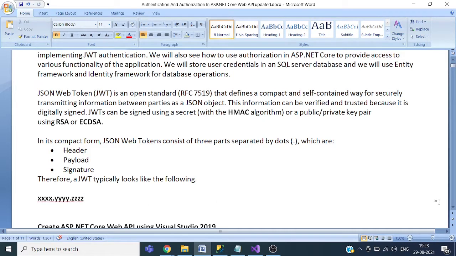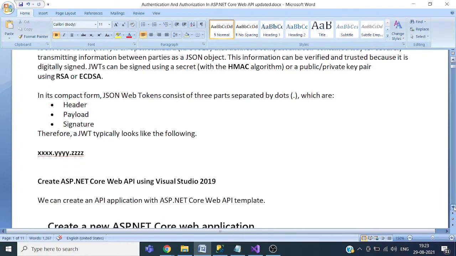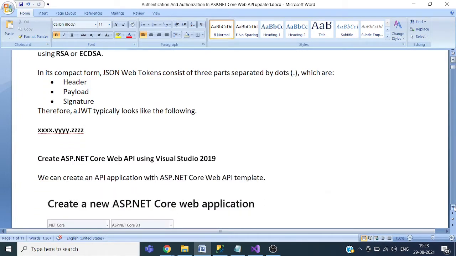Now we will create an API, and we will use Entity Framework to add users and to validate the login of the user. First of all, the user will register on the application. The user will provide name, email, and password, and the user record will be created on the server.